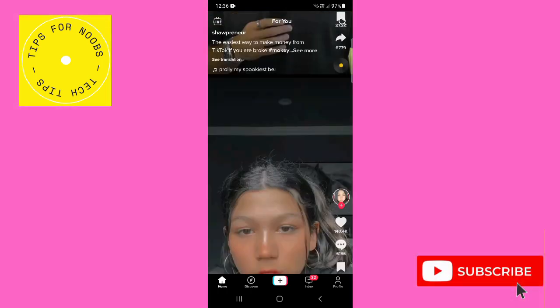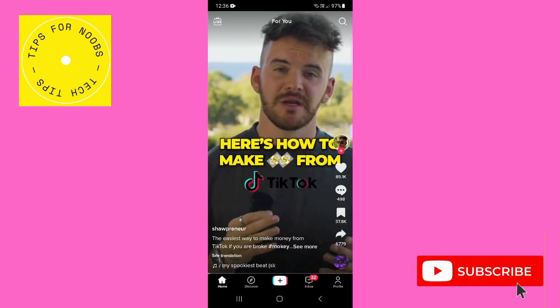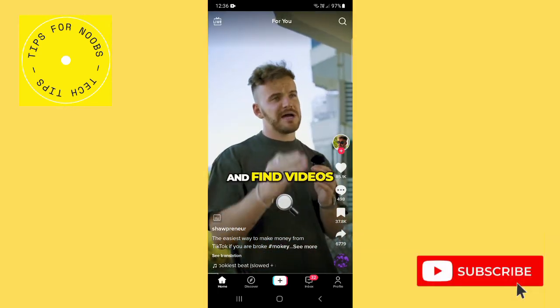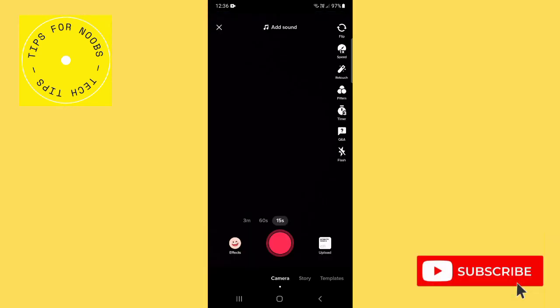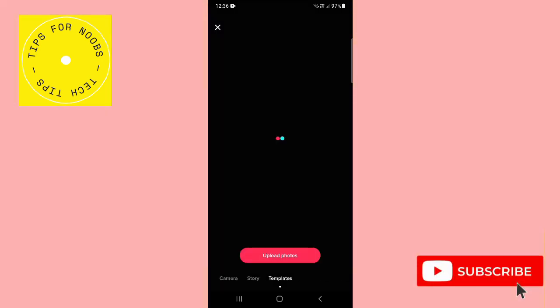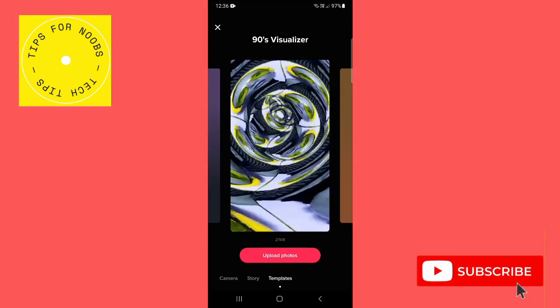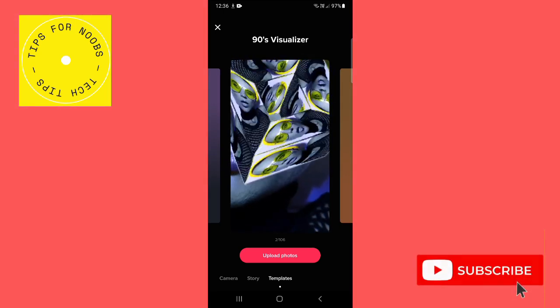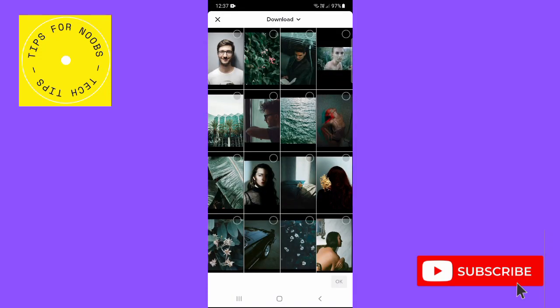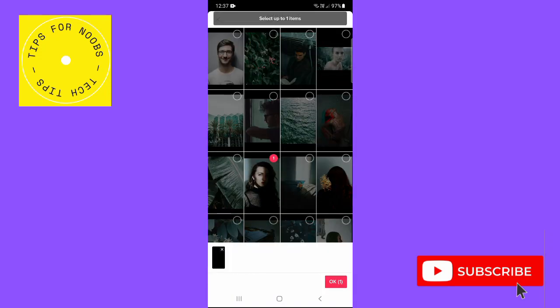Okay, so first open up the TikTok app on your mobile device and then tap on the plus button in the bottom of the screen. Once you're here, at the bottom right hand corner, ensure that you select templates. Next, swipe across until you get to the template that you'd like to use, and then tap on upload photos. Next, choose the photos that you'd like to upload,